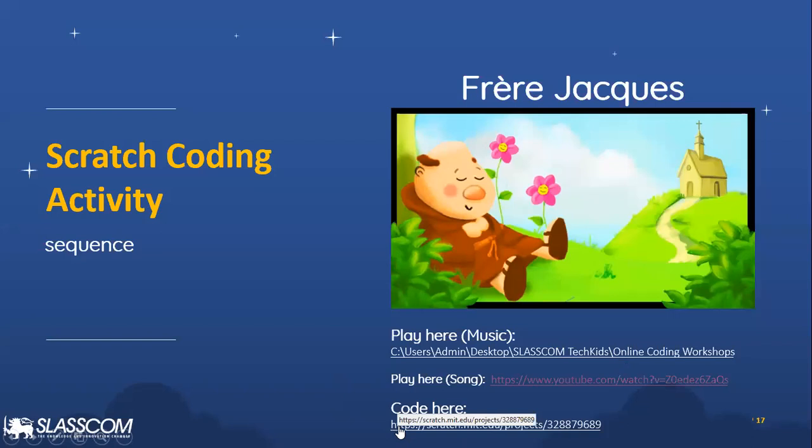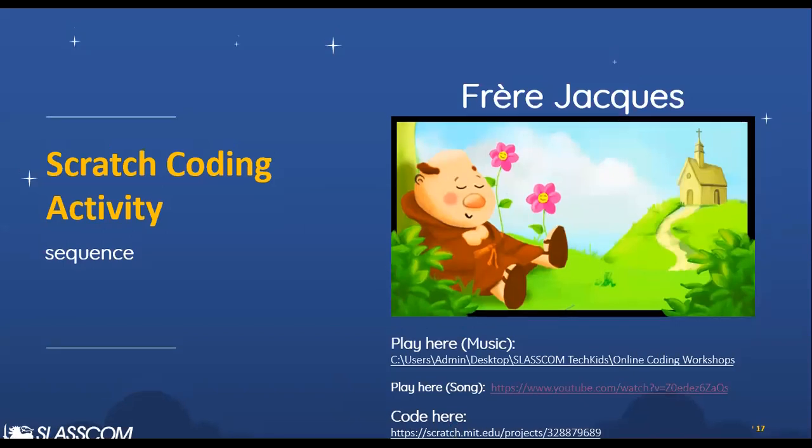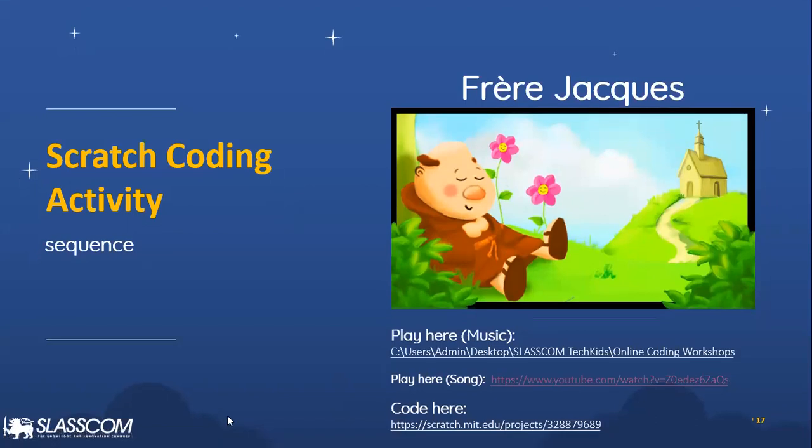As you can see here, can you see this? I have mentioned it as code here. I am going to click on that, and I'm going to share that with you, which will open up a Scratch screen.